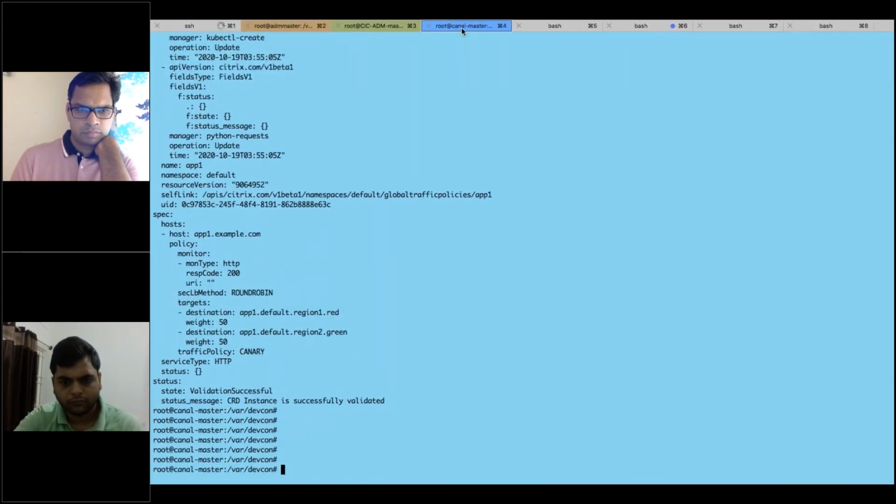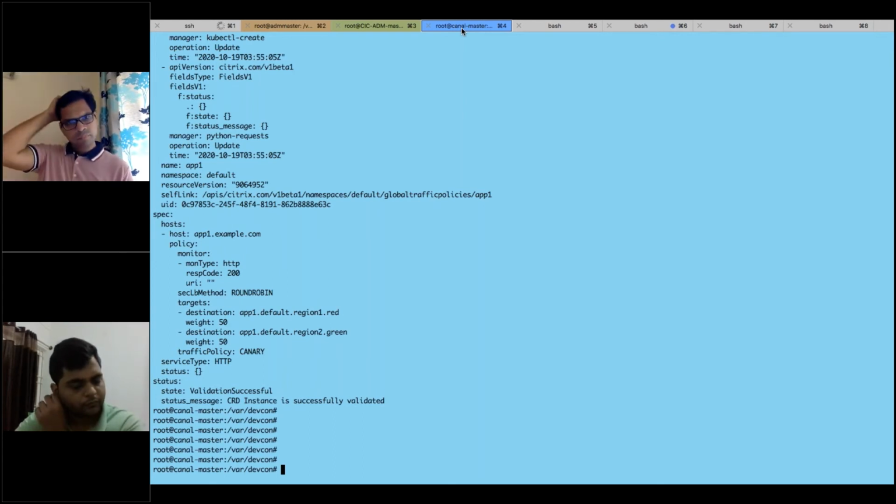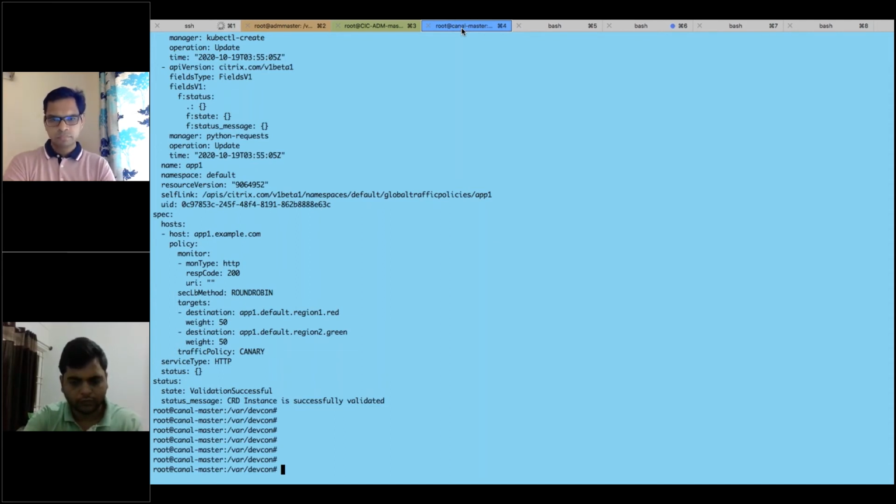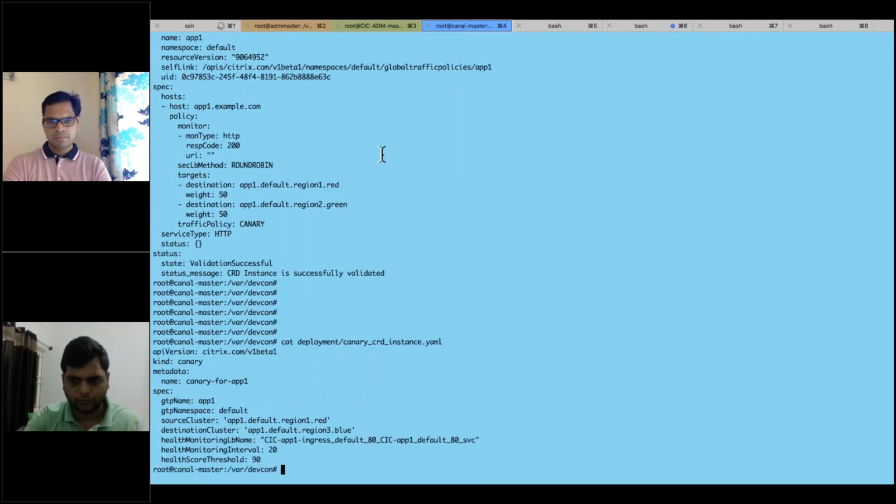So here, this is the blue cluster where the core logic, the Canary, will run in teller mode. This is the core logic, which modifies the GTP, applies the GTP, and checks for the counters. So for example, as shown by Komal, we are going to apply this here. Okay. So what it says is